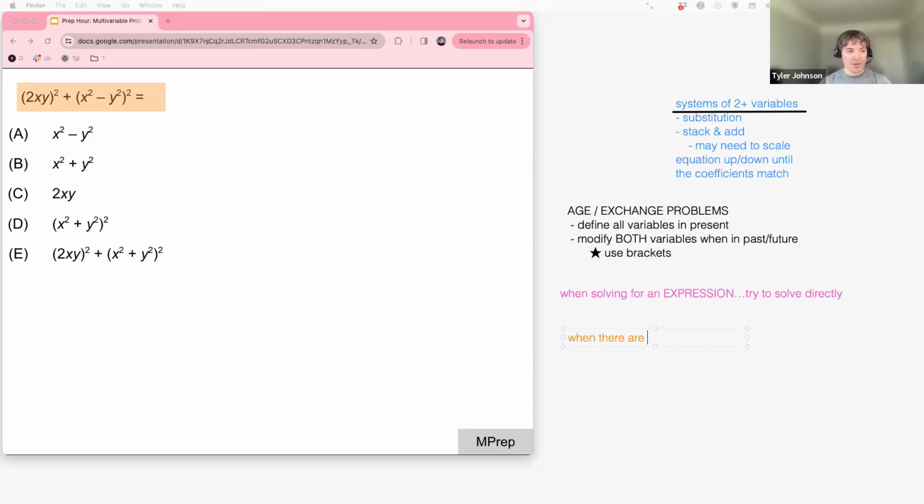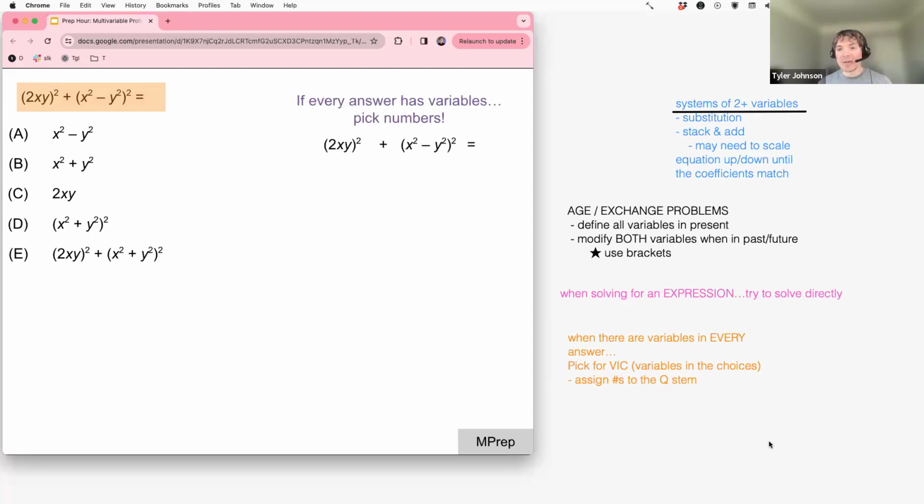So when there are variables in every answer, I can do something that I like to call pick for VIC, where VIC stands for variables in the choices. So the way this is going to work is I'm going to assign numbers to the values in the question stem. So in the stem, I've got x and y, and I'm just going to say, what if I make x and y easy numbers to use? And there's nothing telling me x and y have to be unique or unequal. So to make my life easy, I'm just going to say, what if x and y were both equal to